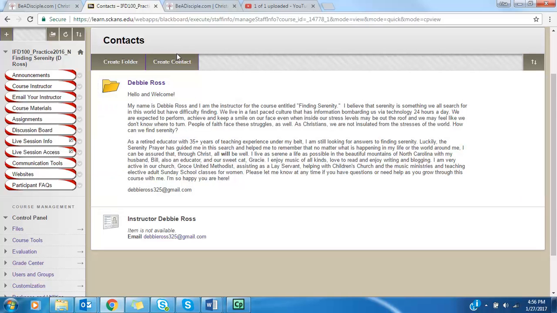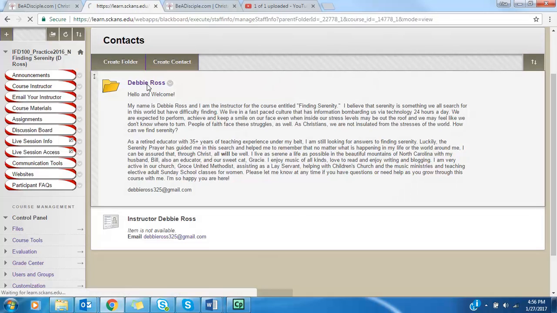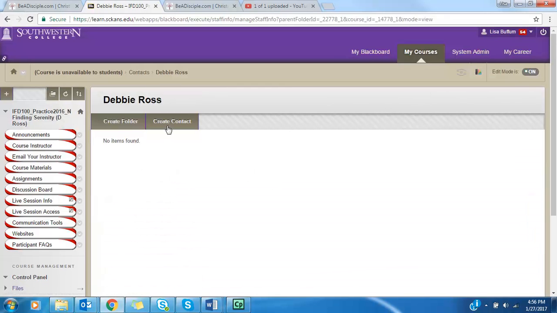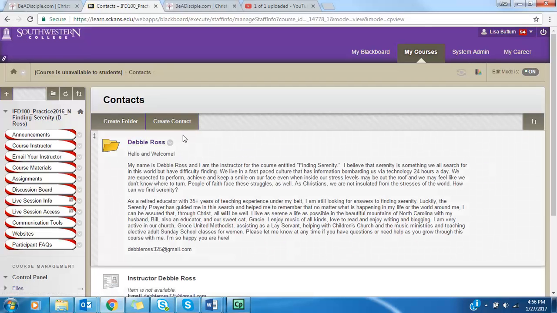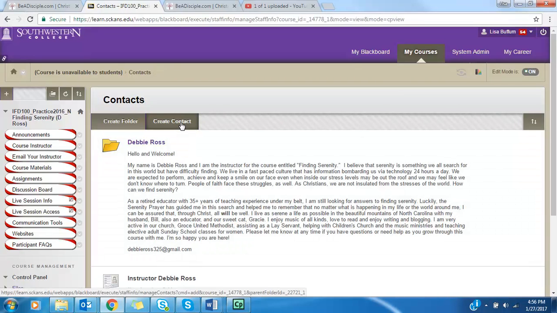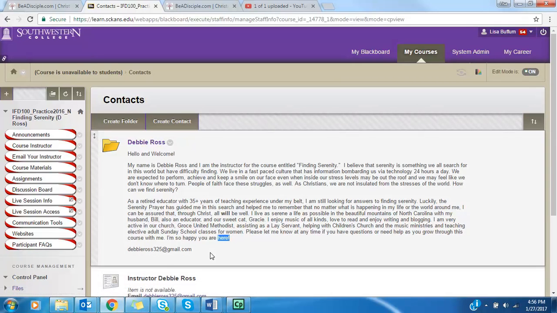What I recommend is you go under, instead of create folder, which is what you have here. See, if I click on your name, it's going to tell me this folder is empty. So that's not as efficient as creating a contact, since there's just one of you, which is actually what you did down here, but you just don't have any information in here. So I would recommend you,